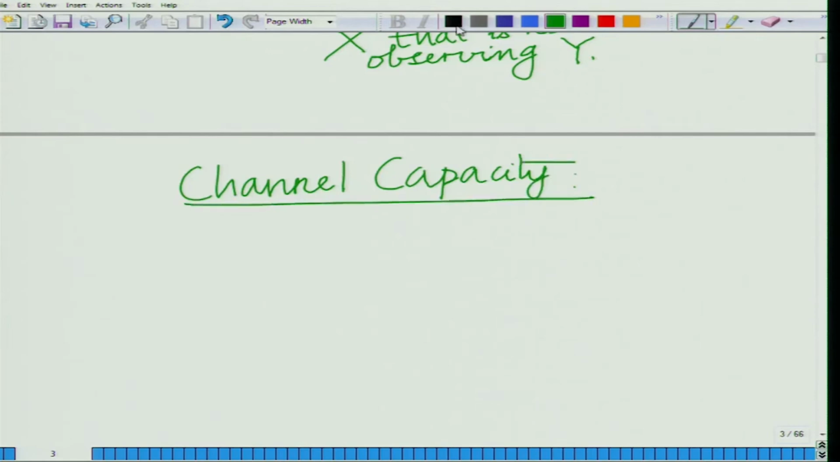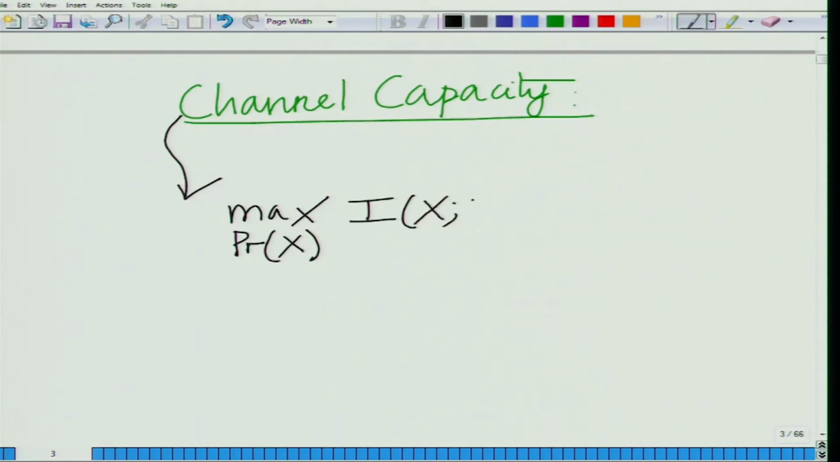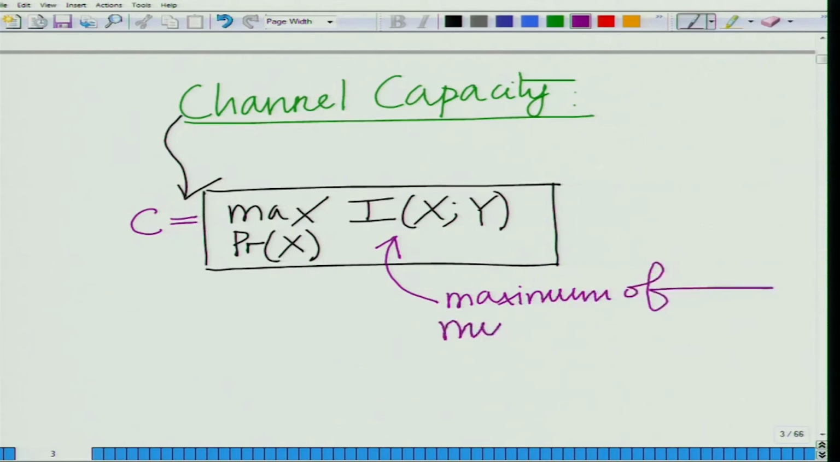states that the maximum rate of information transfer across the channel is given by the maximum of the mutual information, where the maximum is taken over all the input probability. In fact, this is one of the most fundamental results. The channel capacity is the maximum of the mutual information. We can call this C, equals the maximum of the mutual information